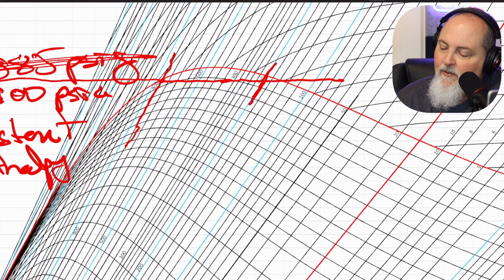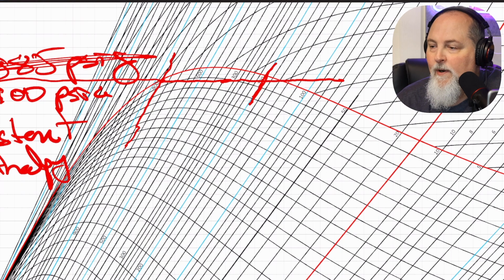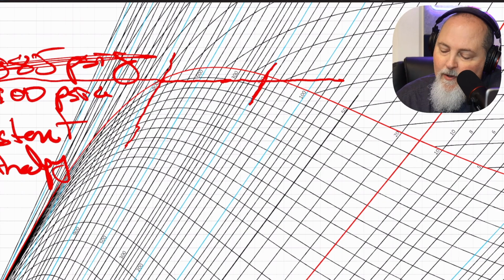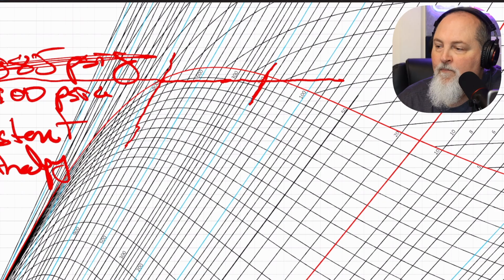And so this gives us our point right here. This is where we're at. That's our starting point. So it goes from the steam system at 900 psia, goes through your governor valves and through a throttling process to 200 pounds. Now we want to follow that down